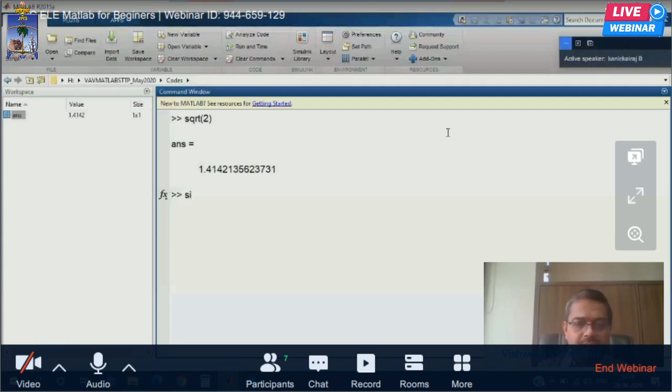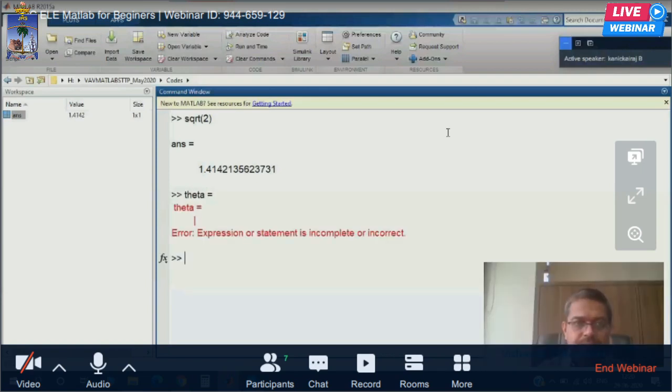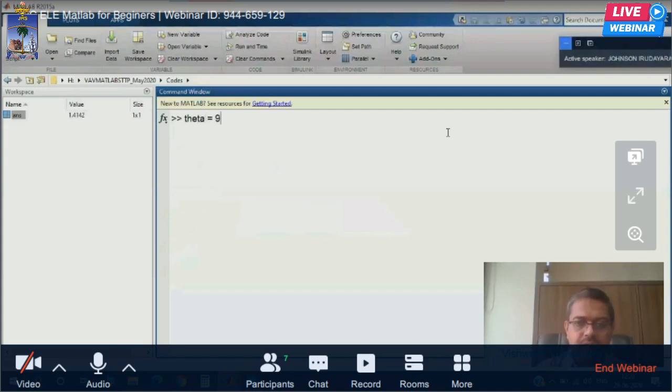If I define a variable theta equal to 90, and I write sin(theta), where theta is the variable that I have defined, we were expecting an answer of 1, but MATLAB has given the answer as 0.893.